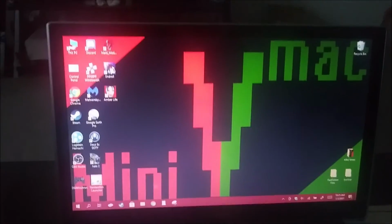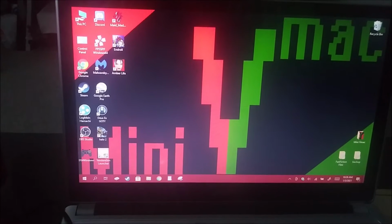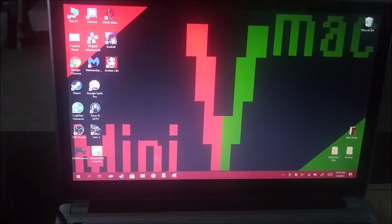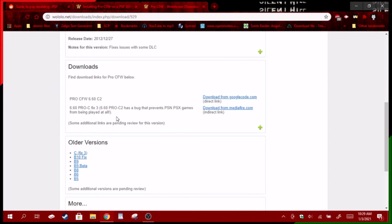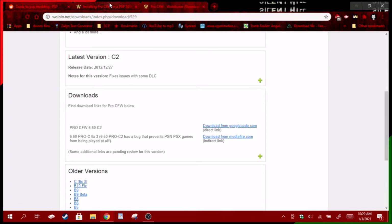I'm going to show you the modding process right now. So we need to get onto our computer. So let me just switch gears. So here we are on the computer. All we really need is the modding. So you want to go to